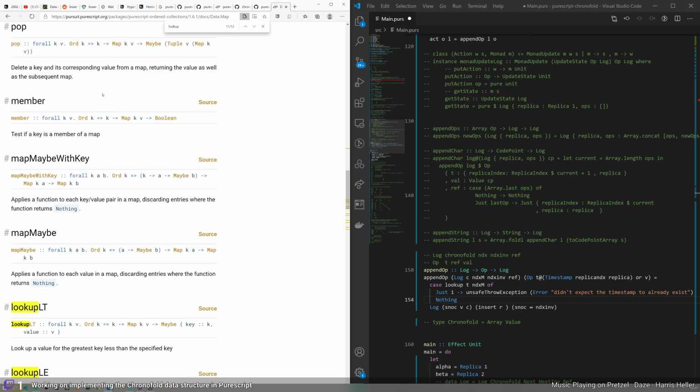Size, pop, member. Well, test if the key is a member of the map. Maybe that'll be faster actually, rather than looking it up. So case member T NDX of true, then we are unhappy, and then of false, then we say, is that? No, I think that's what we want. And then in this case, we insert T into NDXM,